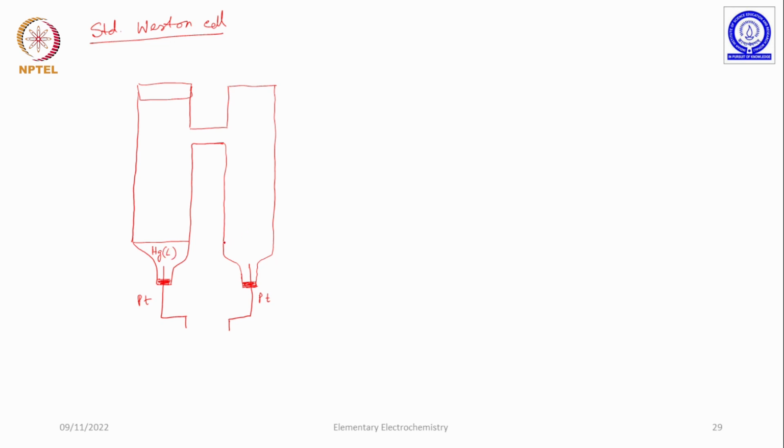On the right hand side you have cadmium amalgam, which is also a semi solid liquid substance. On top of this liquid mercury you have mercurous sulfate,